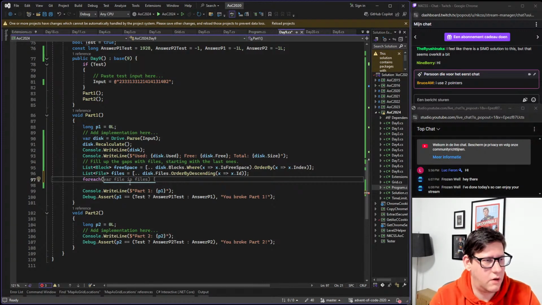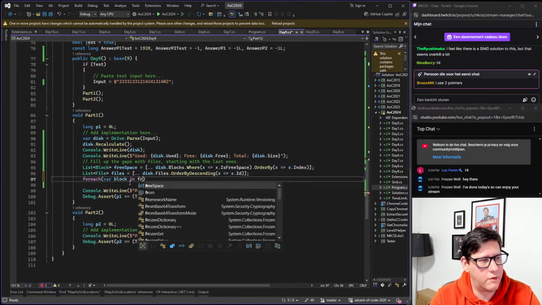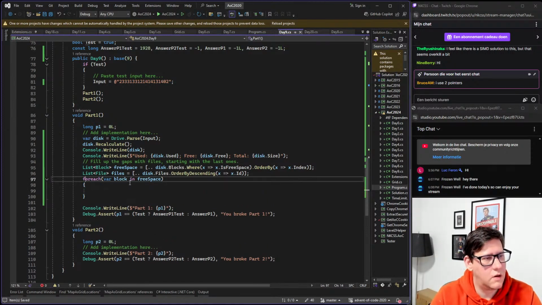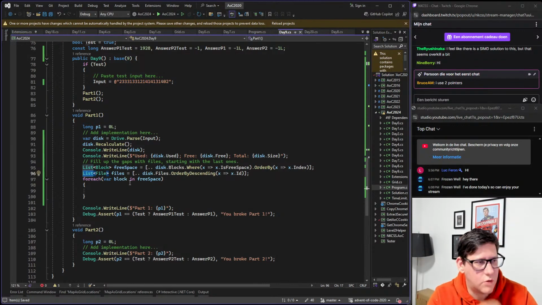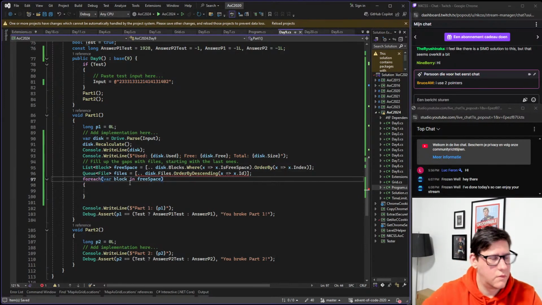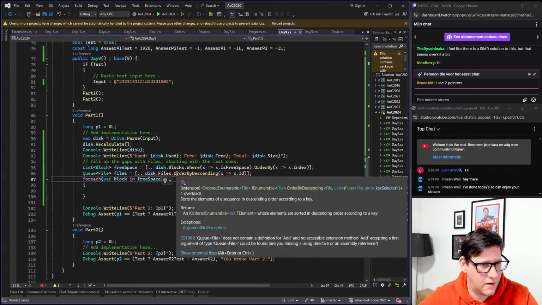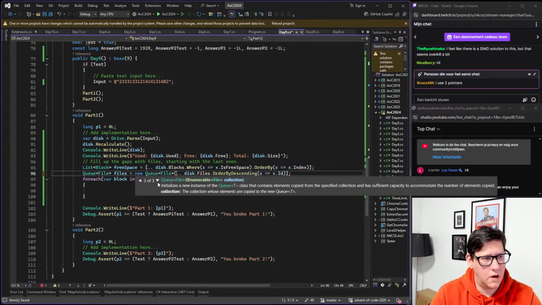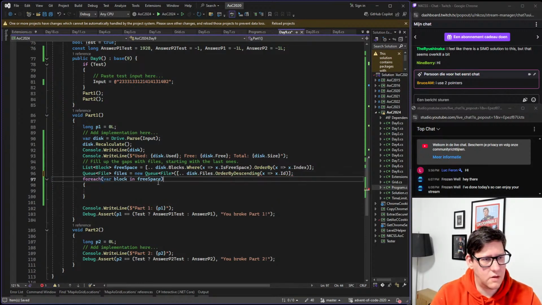For each var free space, free space. Actually, I can just make this a queue, right? Queue. Doesn't it like that? Let's just do new queue, and I can start with this. Let me just check to make sure that the